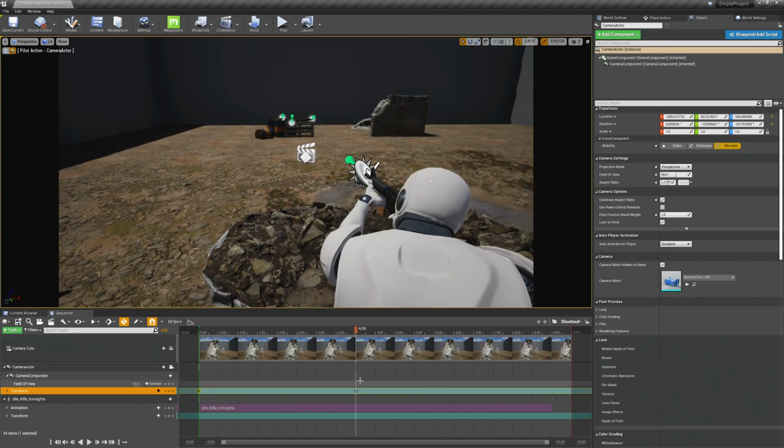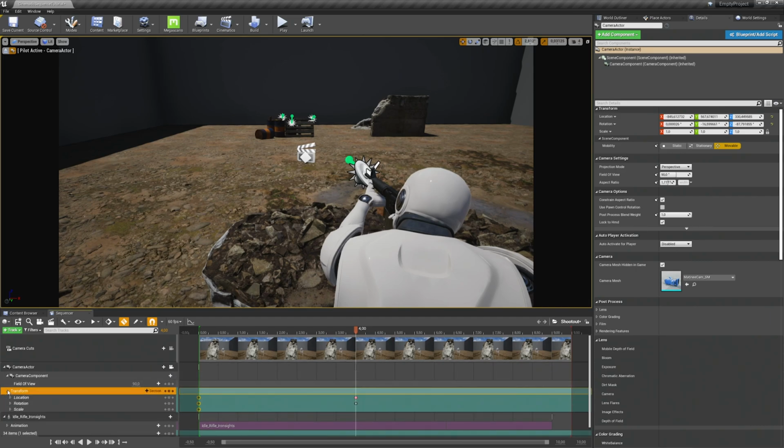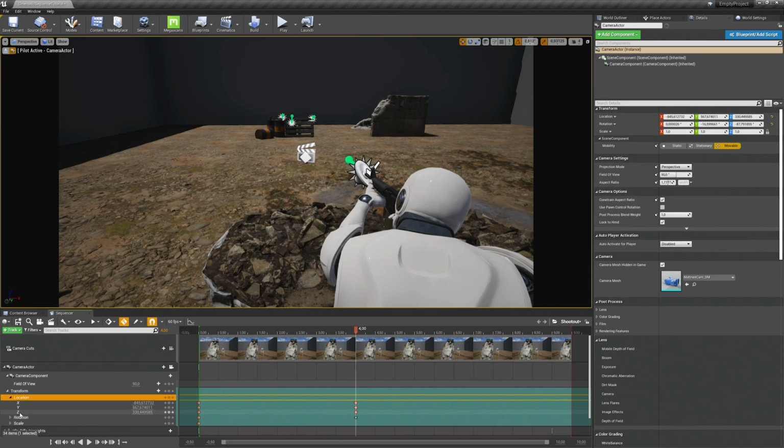And as you see in the layer of the transform, there was automatically a keyframe added here because we changed the position of the camera, and all the values which changed from the 0 keyframe to this keyframe will be keyframed automatically. Let's open up the transform layer to go a bit more into details. Like you see here, the location has been set on each axis. For the X, Y and Z axis we have a new location. That's why the keyframes are colored like this.